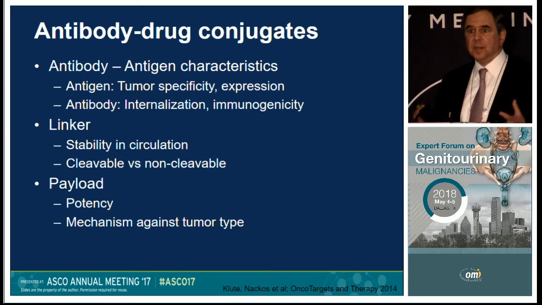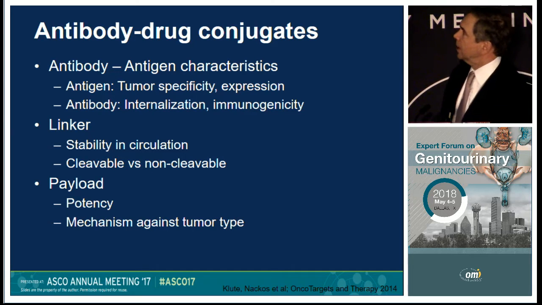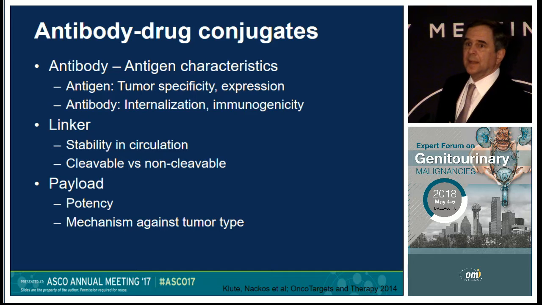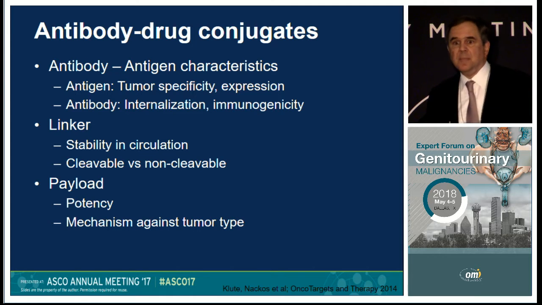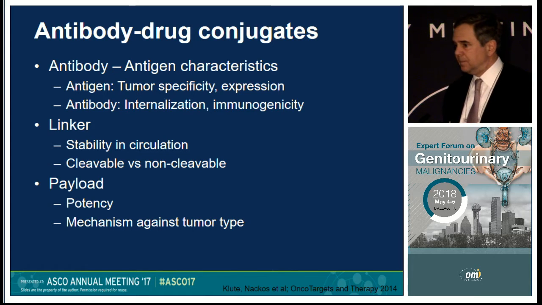What you basically have is a three-component molecule where the antibody will recognize a specific area on the tumor. There's a linker molecule which will be stable in the circulation and that is cleaved once the complex is ingested into the cancer cell. And then there's the payload or warhead, which is a chemotherapeutic agent, typically something that may be extremely toxic if you administer it by itself,